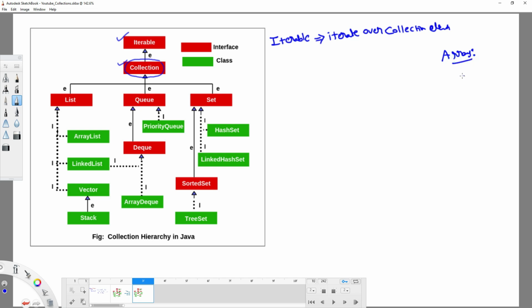in order to process all the elements of an array, we are going to perform some kind of looping technique, either for loop or while loop or do while loop, like that. Similarly, if you want to perform traversing of elements over the collection elements, then we have to use the iterable interface. This iterable interface contains an abstract method called iterator, through which we can iterate over the collection